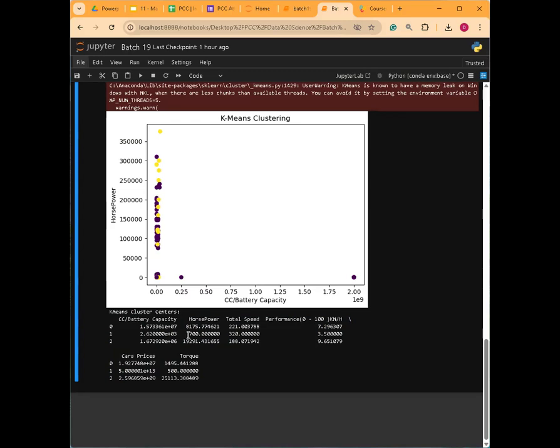What else? So cluster one, let's see, for horsepower is the one here. Cluster one has the extremely high acceleration. So this means it can go from,